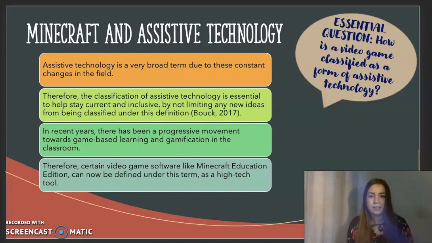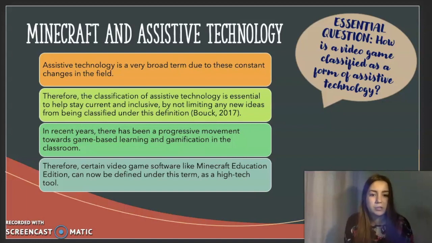Because of that, this assistive technology term is broad, so we could have these changes. Therefore, although it is a little bit progressive, it can be argued that video games, but specifically Minecraft, can fall under the classification of assistive technology. Also in the textbook, it's argued that the classification of assistive technology, things like high tech and low tech, is essential because it helps us stay current and inclusive.